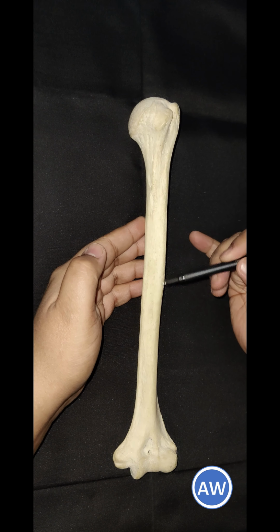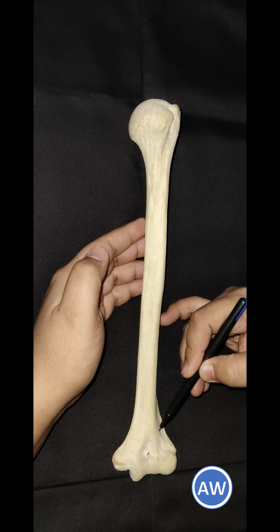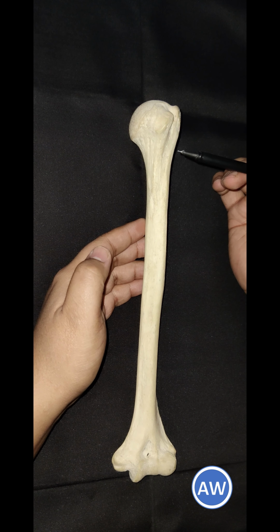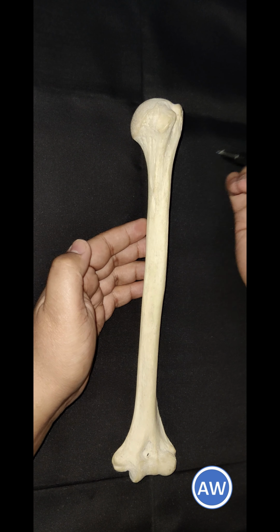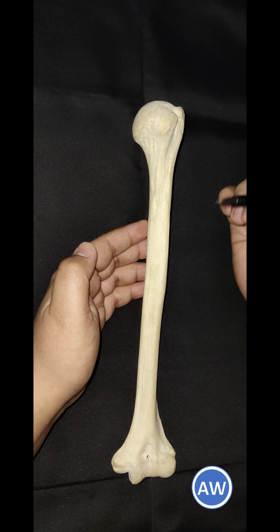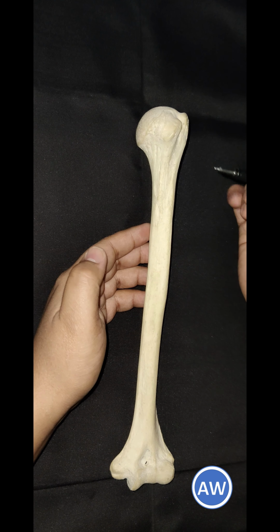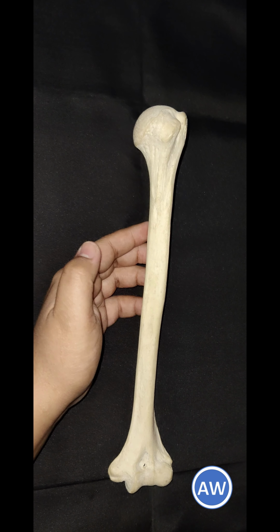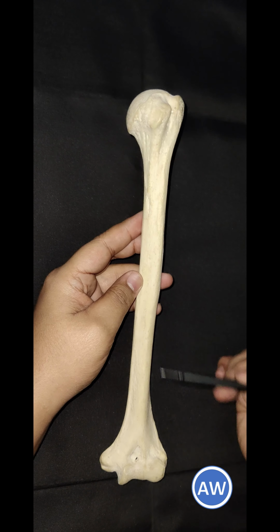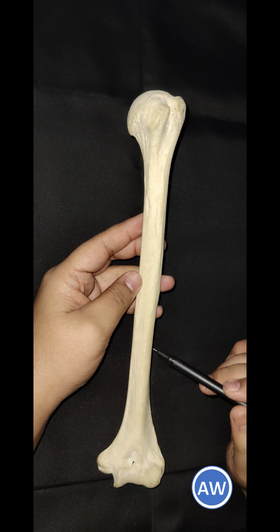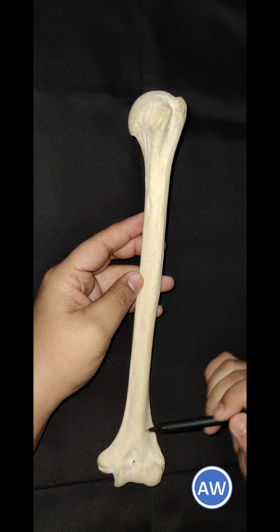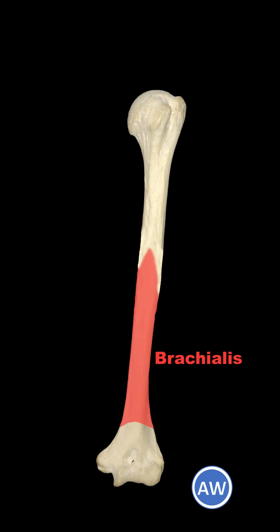Now, since the nutrient artery is directed towards the elbow, this means that the upper end of the bone is the growing end. To understand more about the relation between the nutrient artery and the growing end of the bone, you can go back and watch our previous videos, the general anatomy of bone and ossification of bones. Now, in the lower part of the humerus, both anterolateral and the anteromedial surface together with the anterior border gives origin to the brachialis muscle.